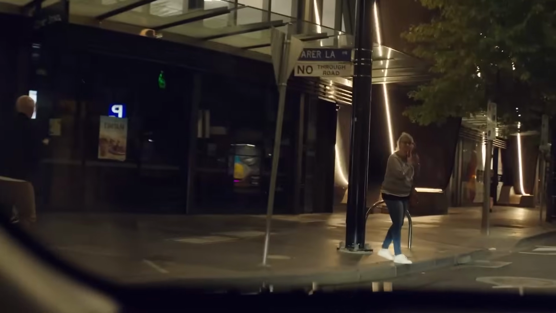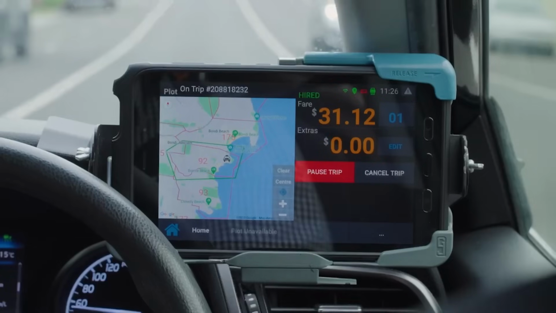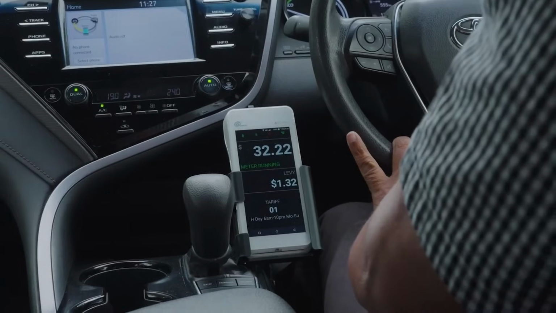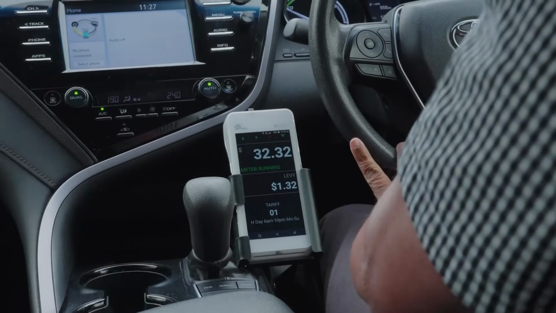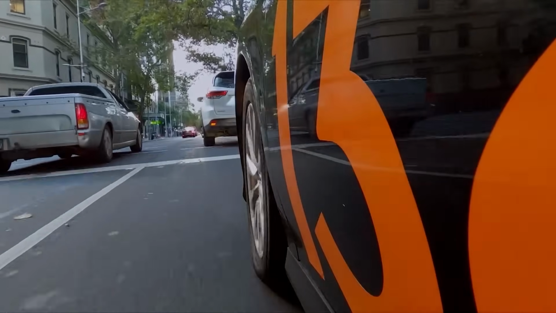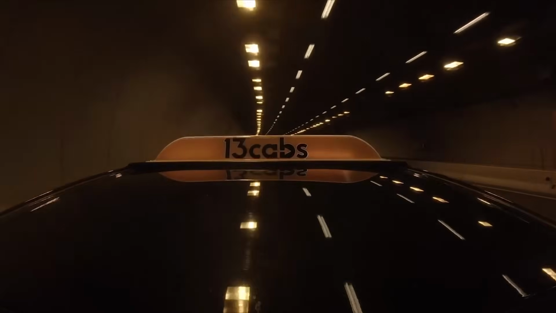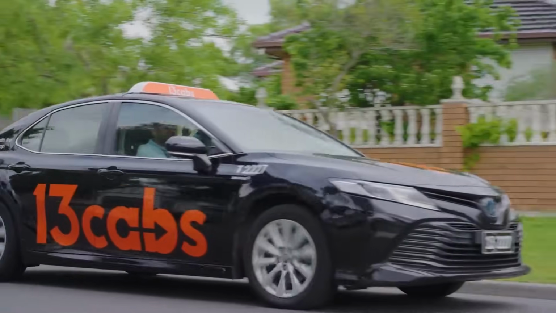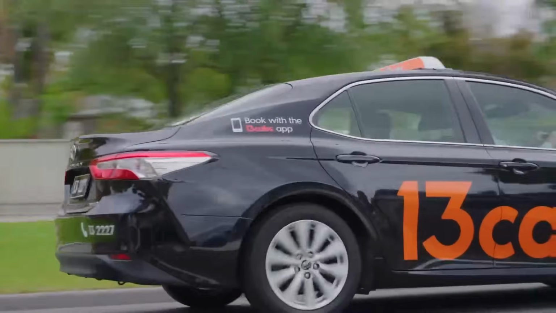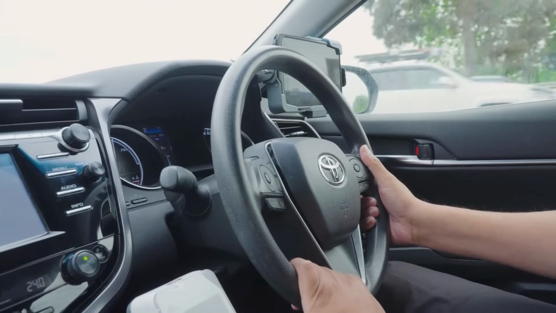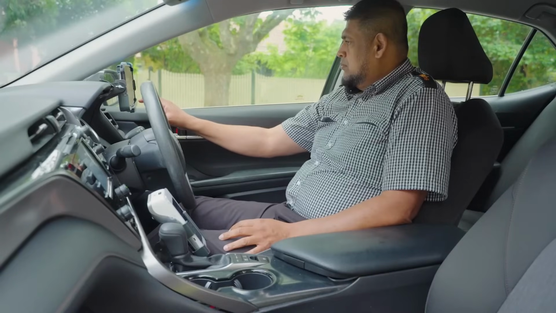Today, we're looking at the tablet and terminal you'll use as a professional driver with 13cabs. These tools are as important as the pedals and steering wheel when it comes to operating your business. This course is split into chapters that allow you to return to areas where you may need clarity. If this is your first time using the equipment, we recommend watching the course in its entirety. Special care has been taken to make this new generation of taxi technology as simple as possible. By the end of this course, you'll be able to operate the technology with confidence.